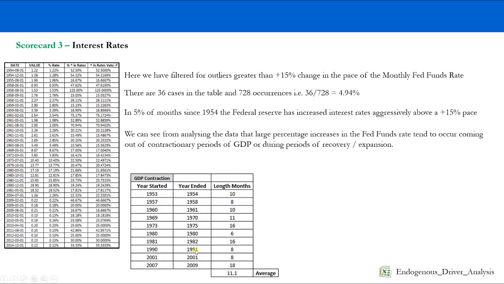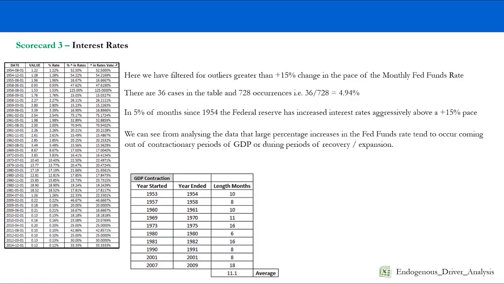Again, the 1991 contractionary period is an anomaly when analyzing the data. In 2001, we don't have a big increase, so that tells us something. Basically, in 2001, there were no large increases following big decreases. And in 2007-9, we get our increases in 2009 and 2010, and even some recently. So you can see there's a very strong correlation here when we look at both the negative and the positive